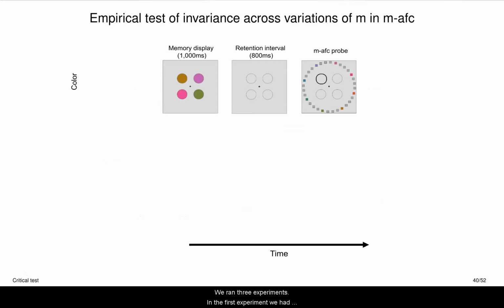So we ran 3 experiments. In the first experiment we had people remember colors of a set of circles. They were shown a memory array with 4 colored circles, and after a retention interval people were shown a discretized color wheel that had 2, 4, 8, or 16 colors, and they had to click on the color of the probed item. The foils at test were chosen based on their psychophysical similarity to the target. In particular, we chose foils that were maximally different from the target color, so that we can make the simplifying assumption that the distribution of responses elicited by each item in the test array is independent of one another.